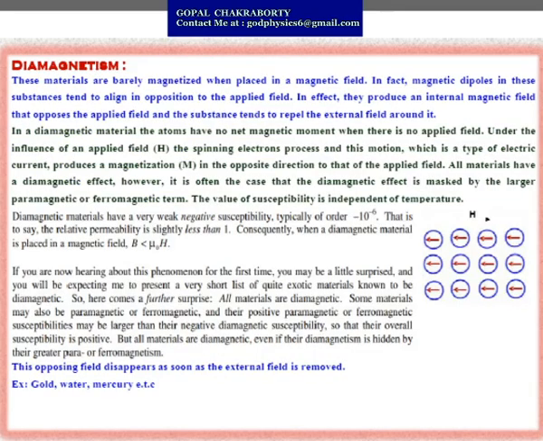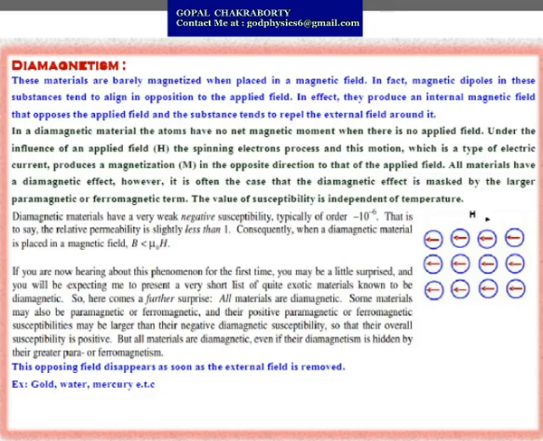Now the first one is diamagnetism. These materials are barely magnetized when placed in a magnetic field. In fact, magnetic dipoles in these substances tend to align opposite to the applied field. In effect, they produce an internal magnetic field that opposes the applied field, and the substances tend to repel the